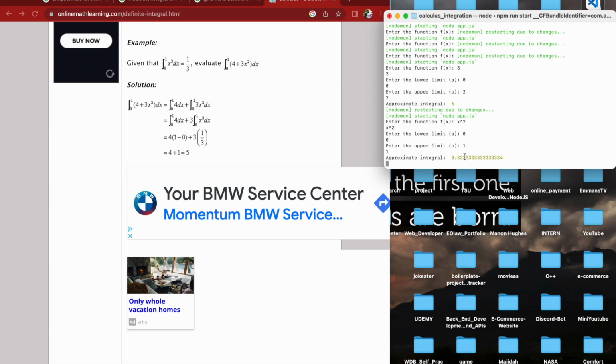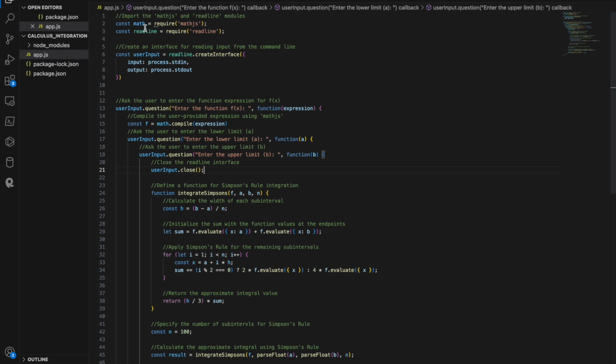Is this right? Should be right, pretty much. 1 divided by 3, 0.333. Yes, it is right. So we could just use this to solve a whole definite